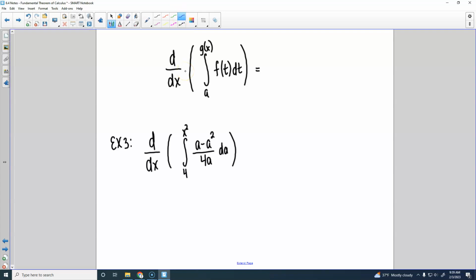So now there is going to be a little bit of a difference here. Whenever we have a problem that looks like this one here, if you're going from a constant to an x, then you don't have to do anything special. It is just going to be the function with the x plugged in. If we have here this number right here, this a right here, that is still a constant.